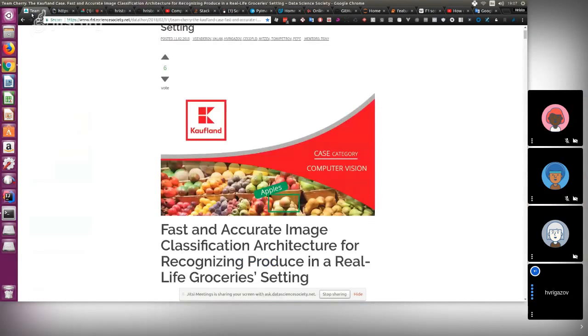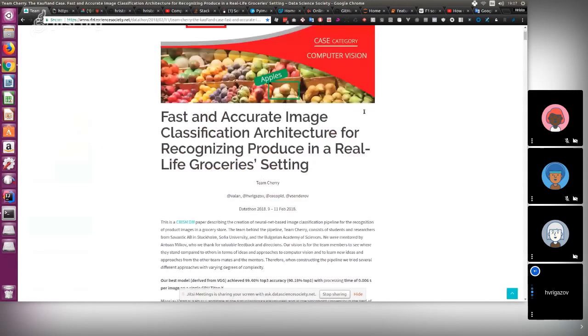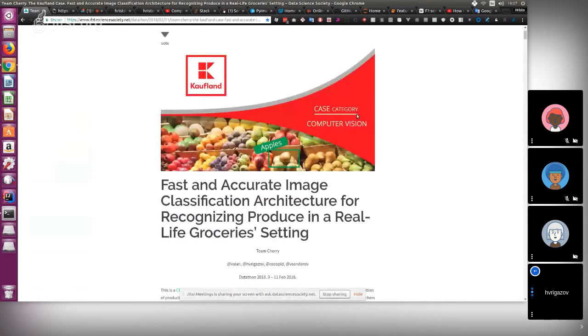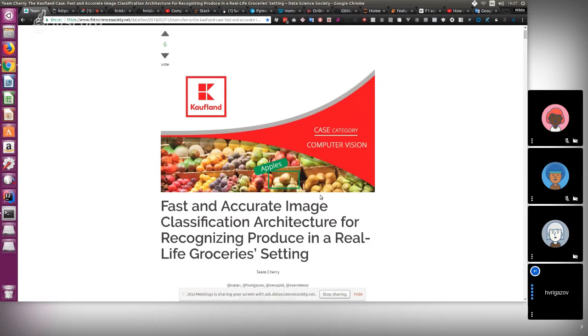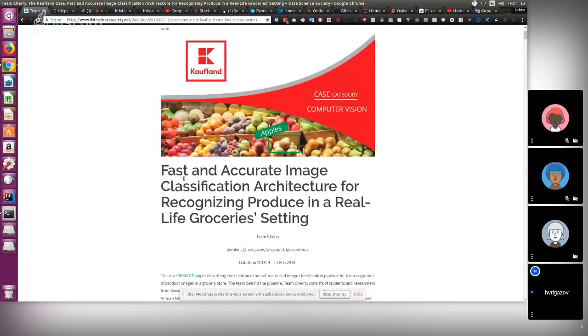So first of all, I should probably start with quickly redefining the problem because I'm not sure that everyone is familiar with it. Basically, this image here that is put on the official case is actually not the same problem. This is object detection, and what we are having here is we are trying to classify an image. Basically, you have the assumption that there is one fruit or vegetable on the image, and you want to predict what kind of